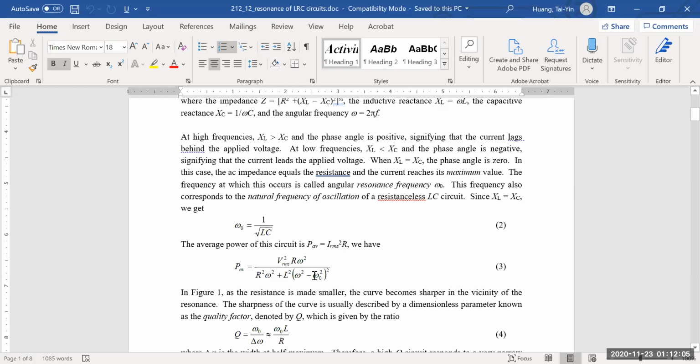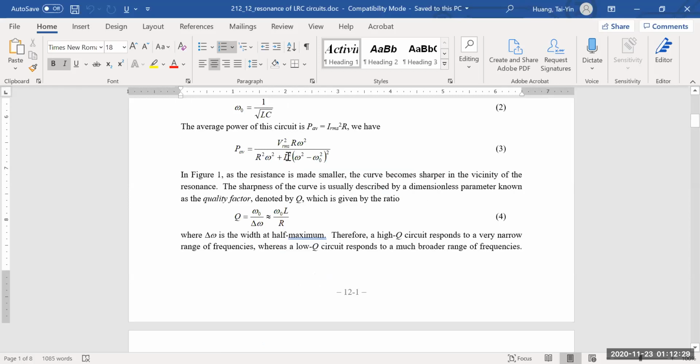then you will find that the average power will just be, this term of course is canceled, and then the R here and R there, and the omega square just get canceled. So the average power would just be the root mean square voltage squared over R. Okay, so that's basically when the circuit is in resonance,